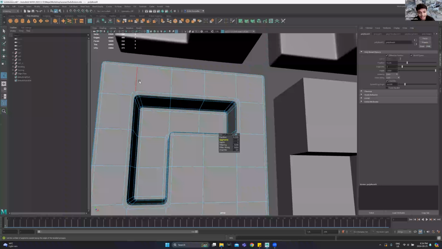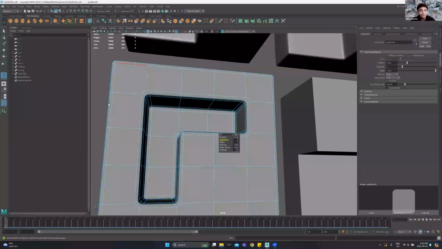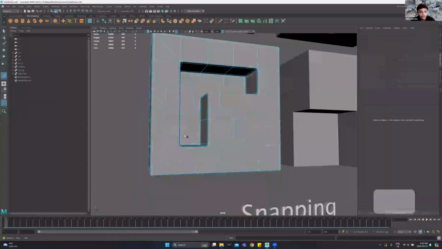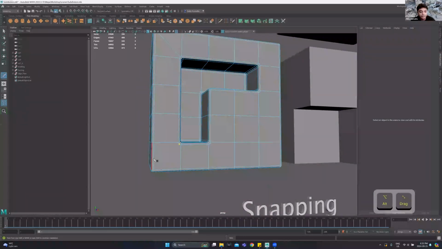This is an n-gon and it is not good because it's not going to let my model deform properly, and I might get highlight errors as well. So I want to try to avoid n-gons as much as possible, which is why I think beveling with two segments is one of the best things, because all you need to do to fix this n-gon is take your multi-cut and just cut diagonally, right? Wherever you see this n-gon being created,